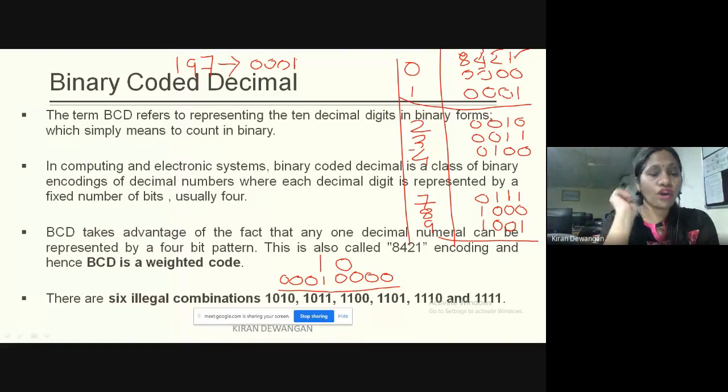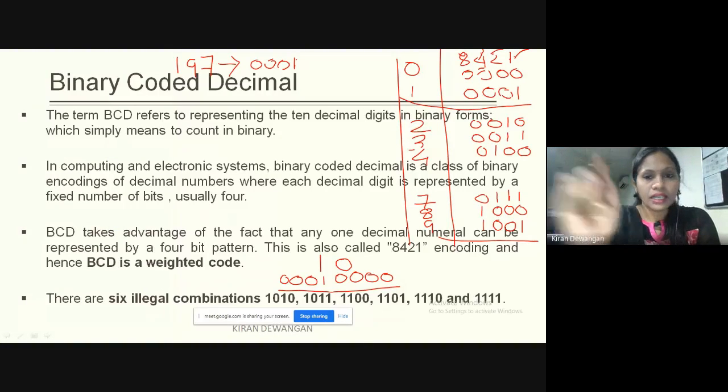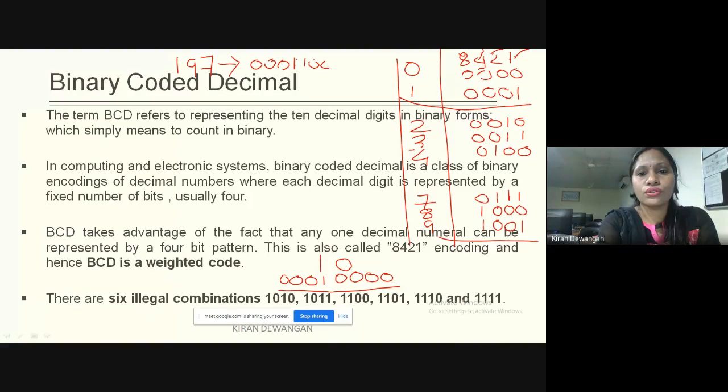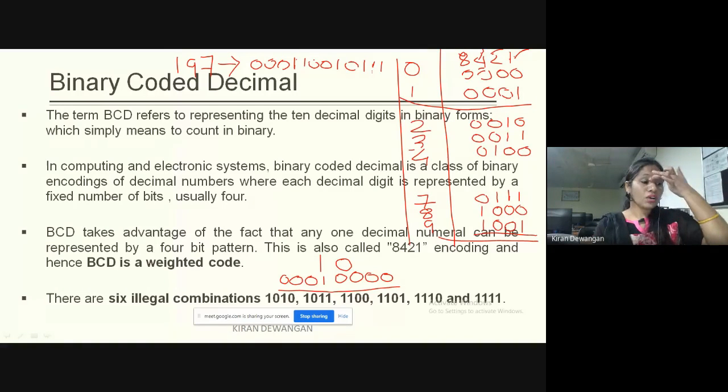This is just for 1. And then 9. 9 is 1 0 0 1. Then 7. 7 is 0 1 1 1. This is how we'll code in BCD.